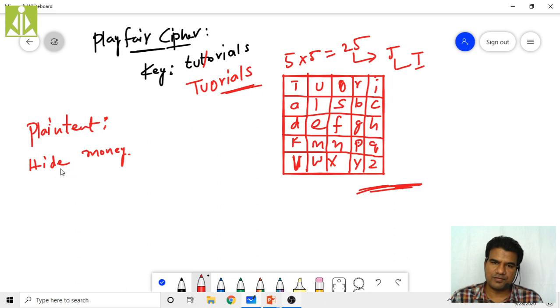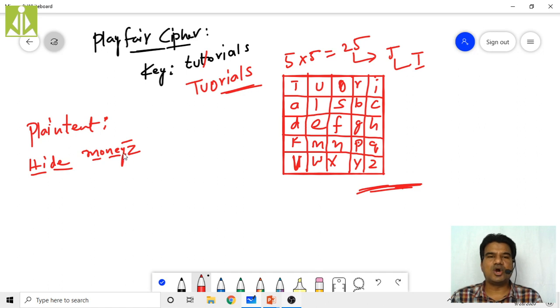So in order to convert this plain text into ciphertext, what we have to do is frame sets, I mean pairs of two letters, that is HI DE MO NE Y. Likewise, if you get one left out letter, simply club that letter with Z. It is also a standard. Club that letter or mix that letter with Z and frame a pair. So now how many pairs do we have? 1, 2, 3, 4, 5. 5 pairs we have. HI one pair, DE one pair, MO one pair, NE one pair, and YZ another pair.